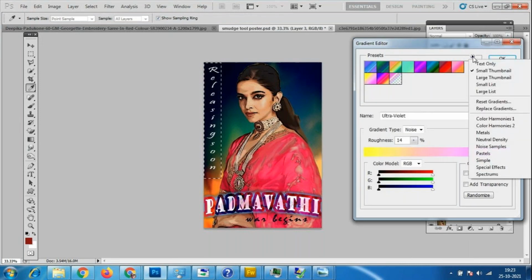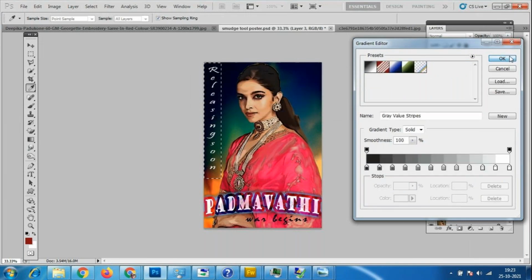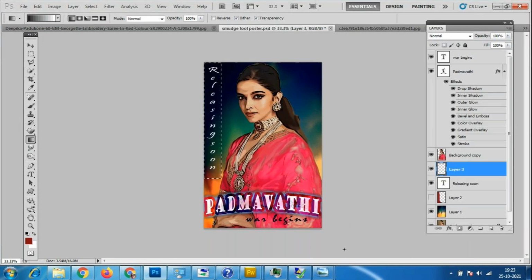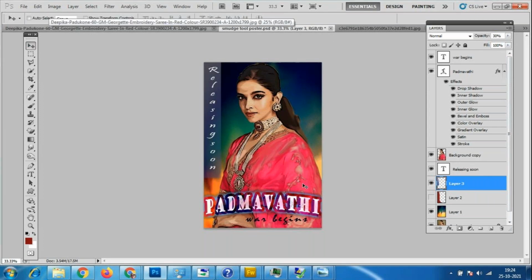So like this I'm using it. Any of the options you can use, but which is matching with this. Otherwise, simple colors also you can use. So Control D. I'll make it down here, and I'll just reduce the opacity to 50%. Slightly, I'm here reducing the opacity to only 30%, however much we want, which is matching with this background.